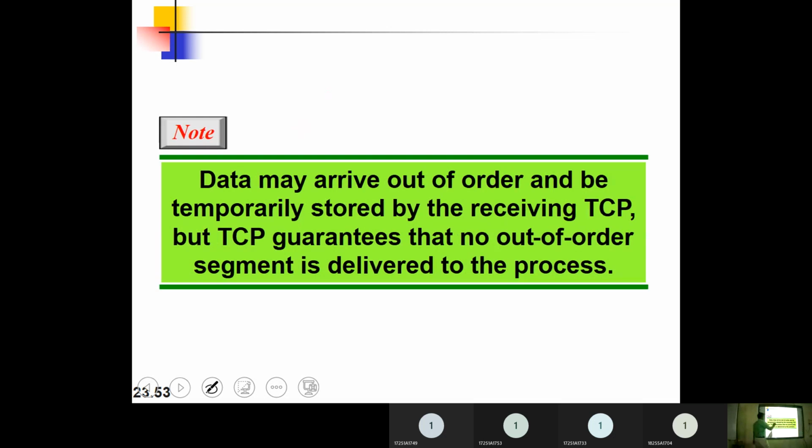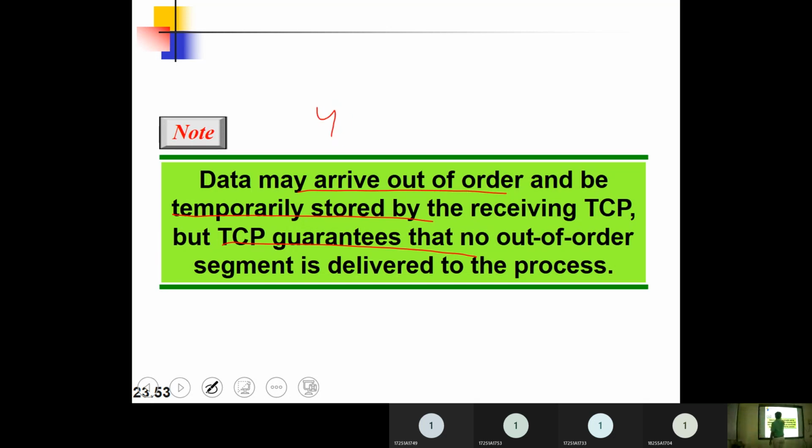Data may arrive out of order. Whatever data we are sending, since it is a connectionless service, each and every packet may follow different paths. So whatever data we are getting may be out of order and may be temporarily stored by the receiving TCP. But TCP guarantees that the unordered packets are not delivered out of order to the process.